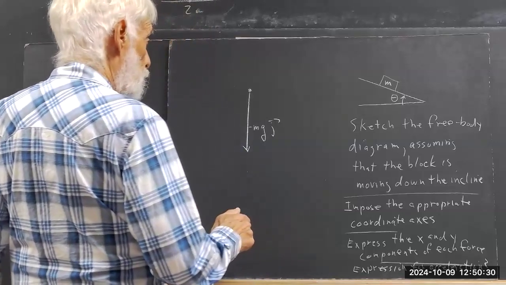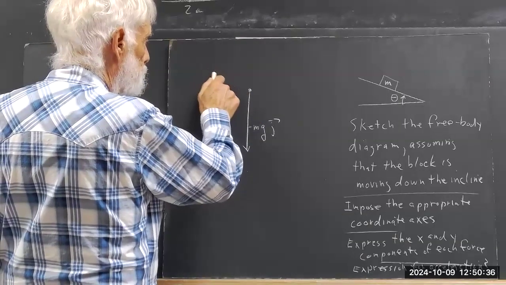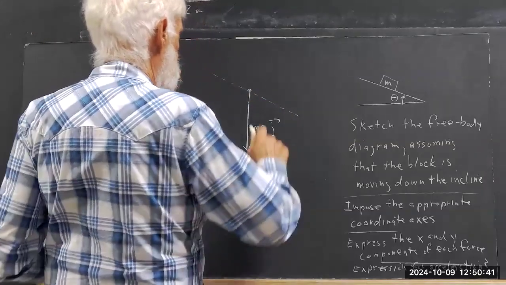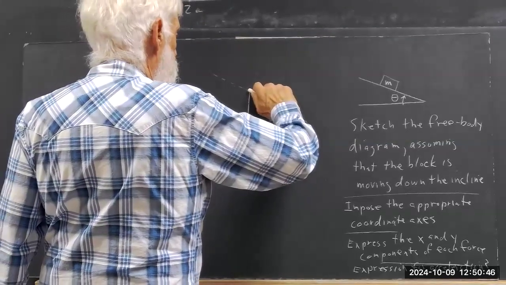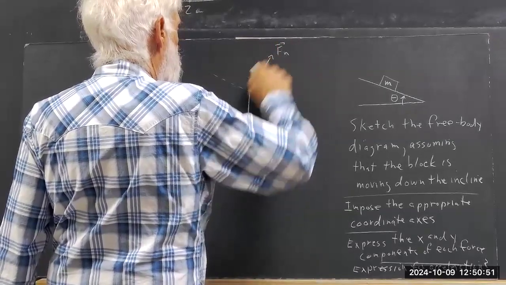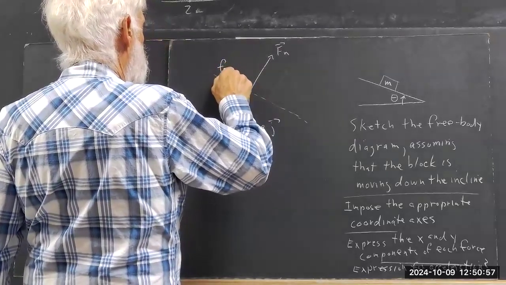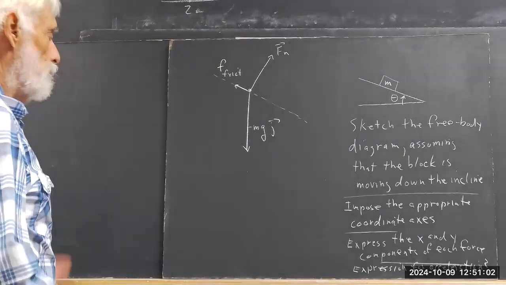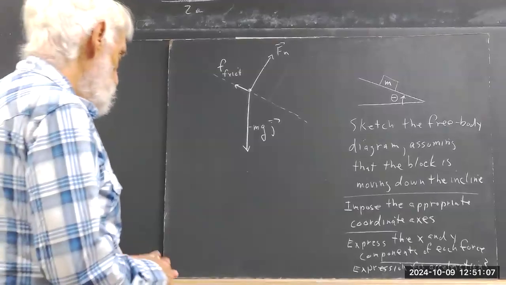We're going to have a normal force. Now, to draw the normal force, we better have the direction of the incline so we can go perpendicular to it. So I do this dotted line in the direction of the incline and then a normal force here. And then there might be a frictional force. Your free body diagram might look like this. Well,